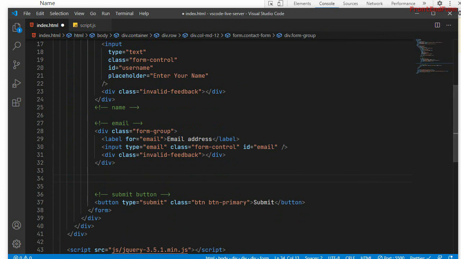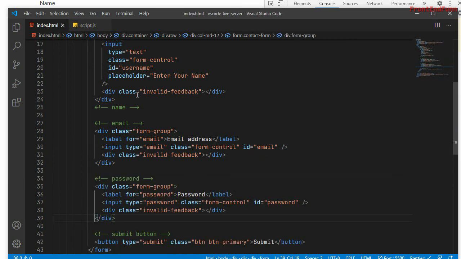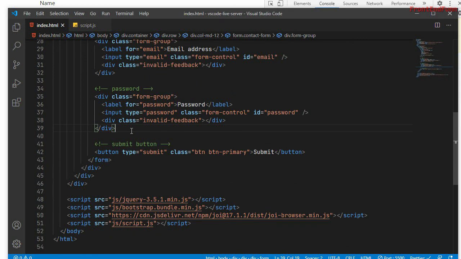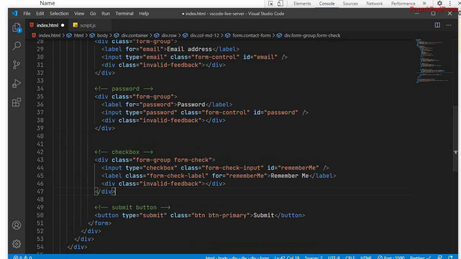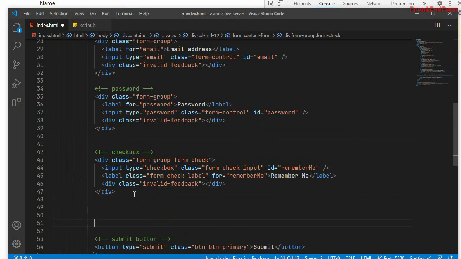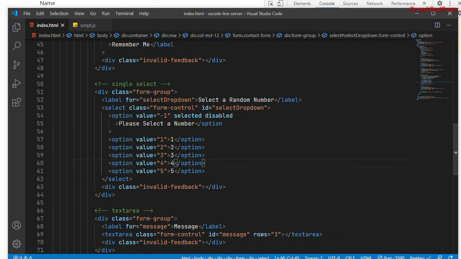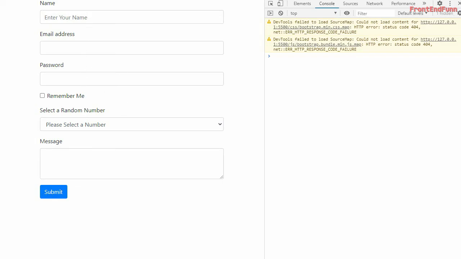In the similar way, let's add the password. And I'm also going to add a checkbox, as well as select and text area. Okay, so these are the fields we have and we need to validate these things.